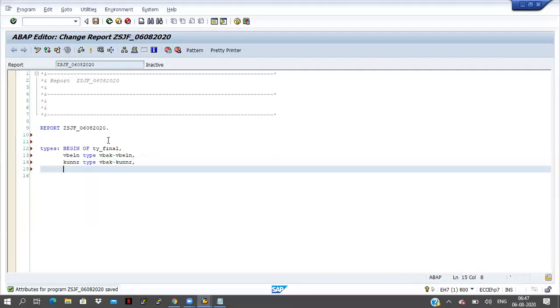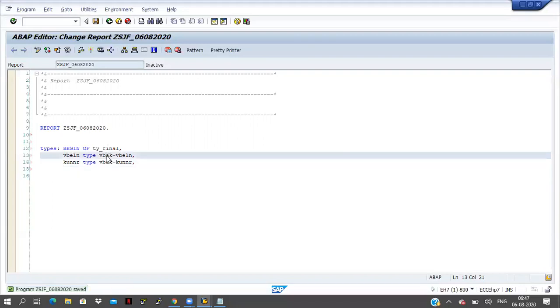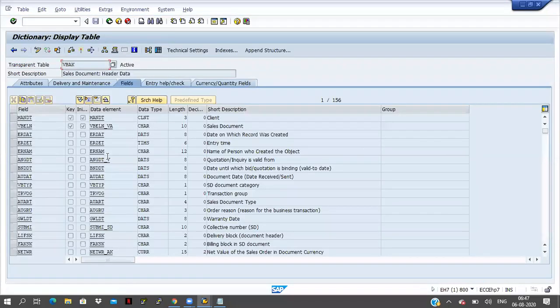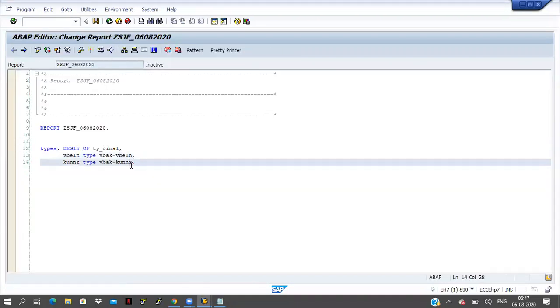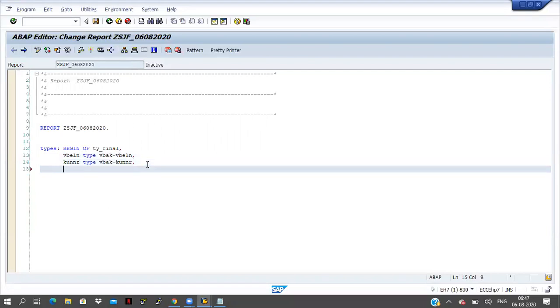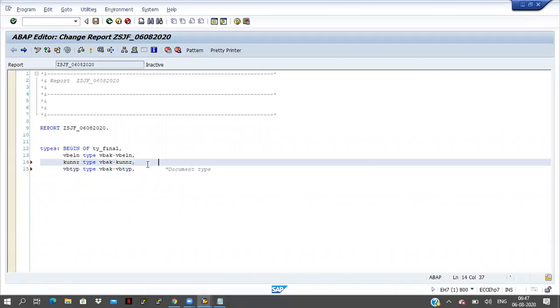And document type, right? One minute, I will check at the table level. AUDAT, I think, is the document date. VBTYP type VBAK-VBTYP, document type. It is better to write comments because I don't know what VBTYP is.